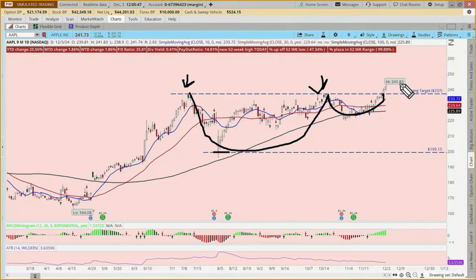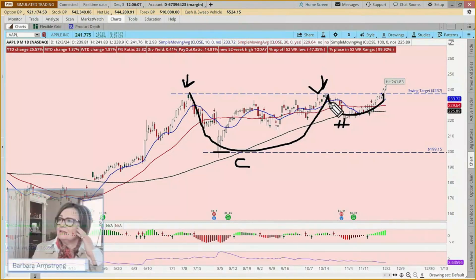Wouldn't this be a terrible time to buy? Or you might say, well, here's our cup and here's our handle. I have some money to invest, but I really am looking for a shorter term solution. And so what some traders might say is, okay, here's how a technician might look at this. And I guess I had done a swing target where we had put the previous high back here.